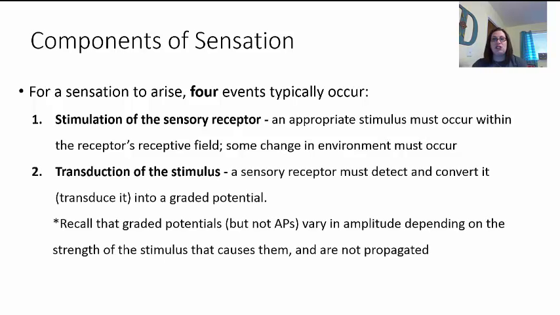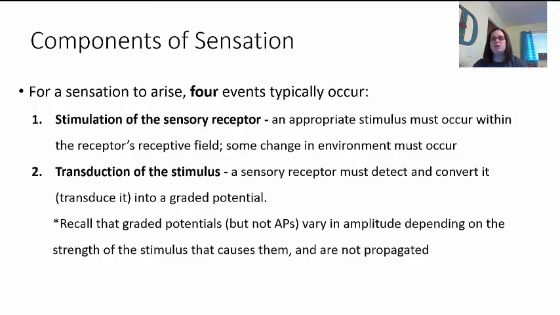Now, once the change has taken place, we need to send the signal, okay? And remember, with neurons, they have to create what we call those action potentials. We have to send the signal down from one side of the neuron to the other side so that it can stimulate the next neuron. So this is what we would call transduction. So the first step of this is called transduction. It's transduction of the stimulus.